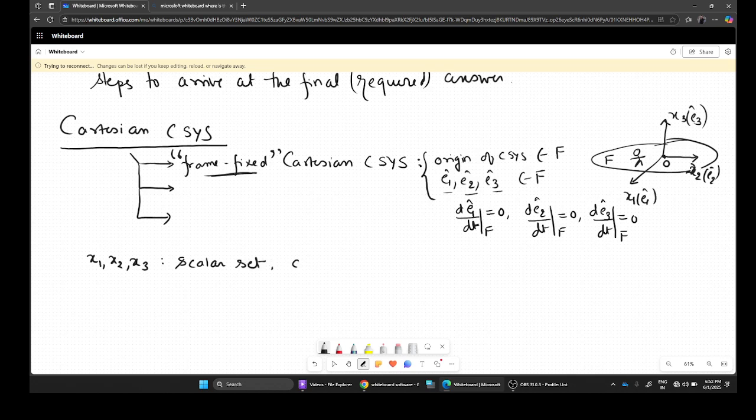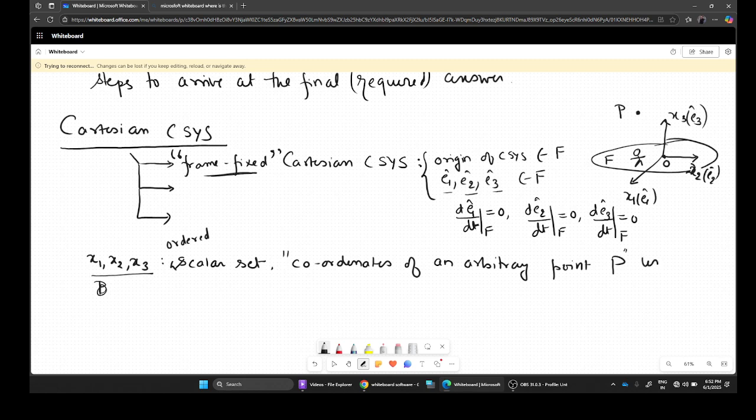These are also called the coordinates of an arbitrary point P. Right? So P can be a point here moving in space with its own mind. At this current time instant, these three ordered scalars, order matters, are called the coordinates of an arbitrary point P